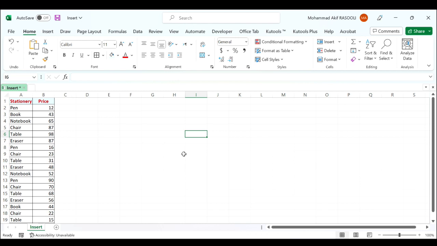Hi everyone, in today's tutorial I want to show you how to create a pivot chart by count of values in Excel. This method will guide you to create a pivot chart based on the occurrences of values in Excel. Select the source data,